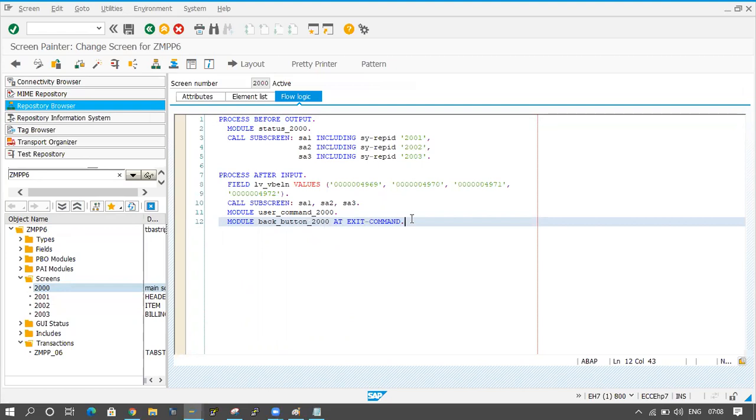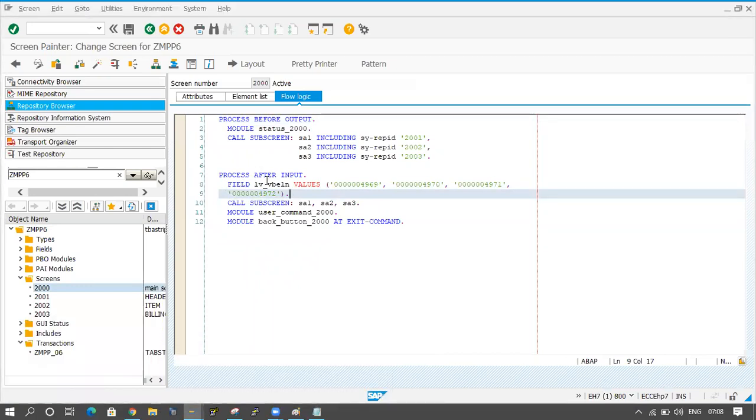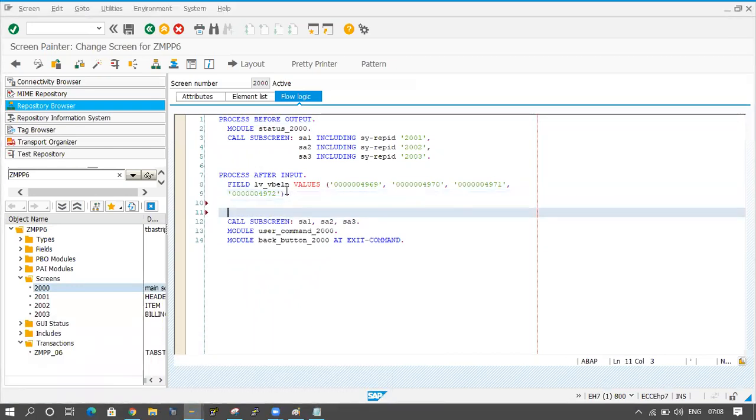Fine. This is one type of validation. One more validation. I will give some number. As usual, we will validate the input field, as in the reports concepts, right? So if I give some value, then we have to check whether that value is available or not in our table. So that is the way. But here, directly you cannot write the logic. For example, like that.